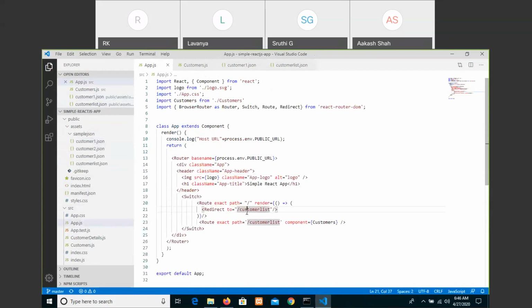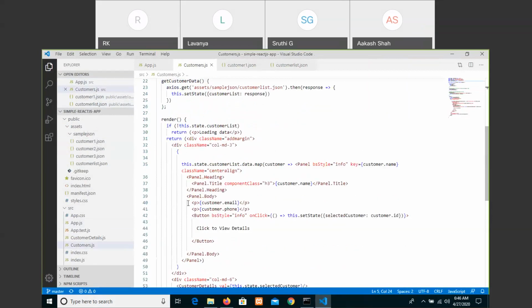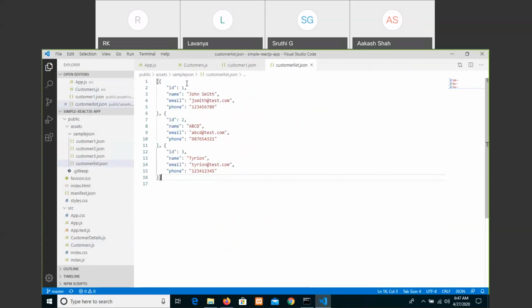When the user clicks on, what you can say, customer list, then it lists out all the customers from the customers data, referring one by one, displaying a name, title, email, phone number, and so on. And if you click on a particular customer ID, then that is connected to the particular ID of these files.